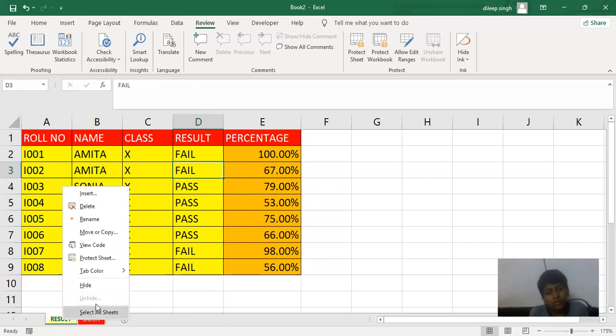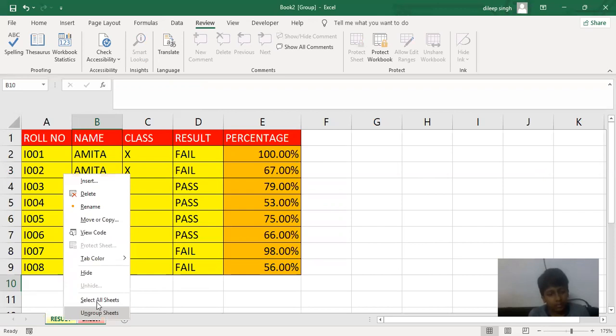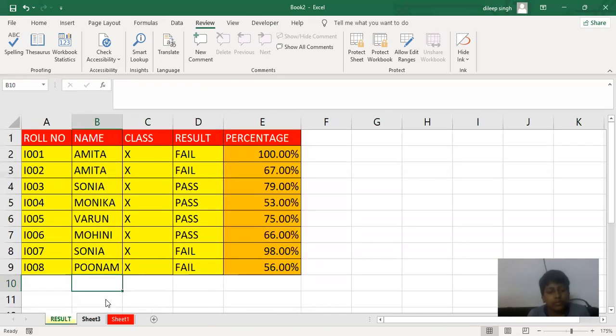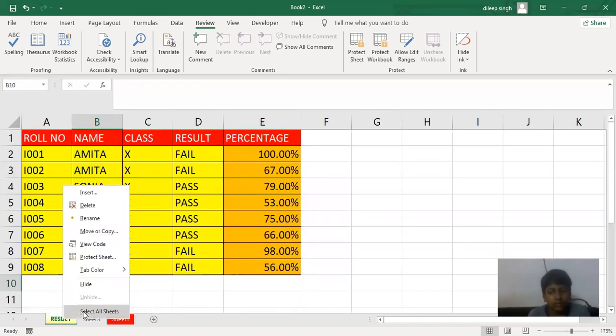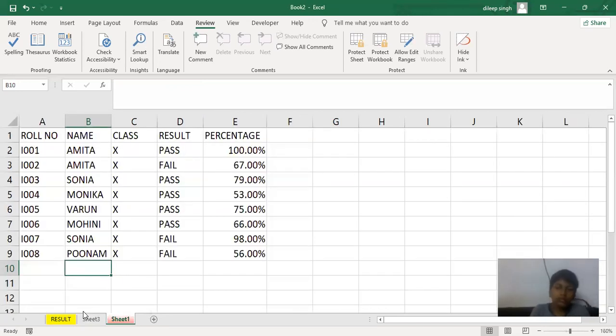And if you want to select all the sheets, just right click here, and here we have the option that is select all sheets. We can go through this, and whenever we need to select all the sheets, either we just right click here and click on select all sheets, or you can hold the control button.